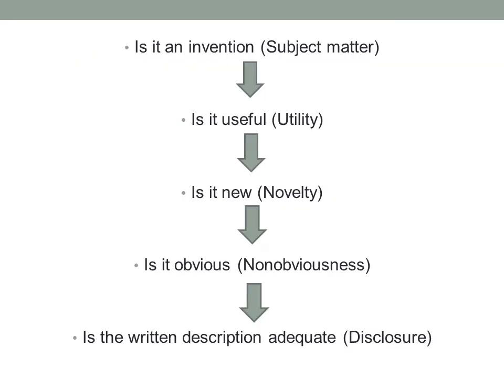There's this little chart that the patent office goes through. The first thing they look at is whether the invention is a subject matter that we grant patents for. And if not, boom, they just kick it out. It doesn't go to the next step. And so they go step by step all the way down. And if in the end your written description of what it is adequately meets those things, then you'll be awarded a patent.